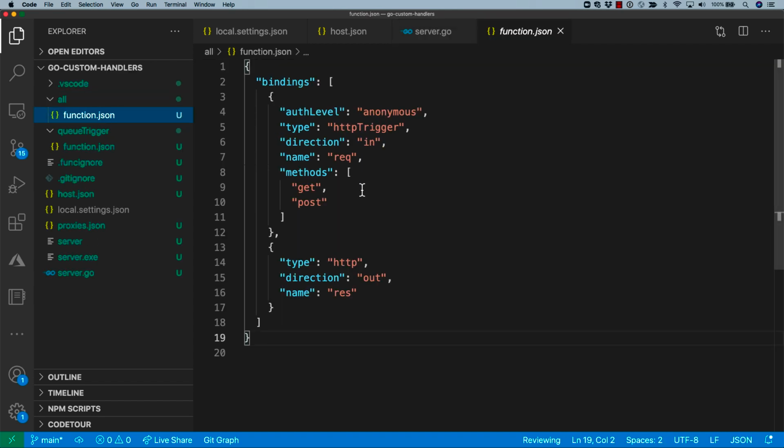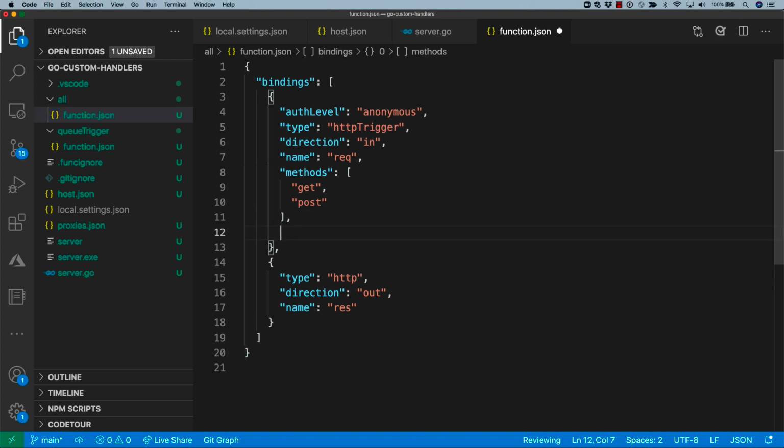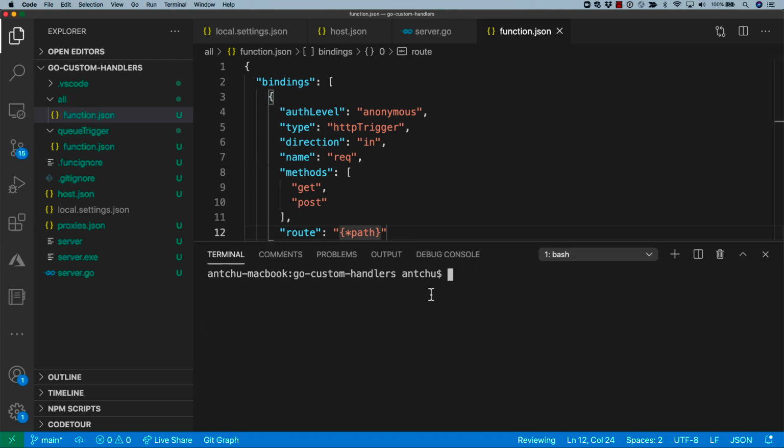And then inside the folder in function.json, we're going to add an extra property called route. And we're going to put in a special value in here with a couple of curly braces, a star, and then just any kind of a name. So I'm just calling it path. So now the route is going to match anything that in this case, by default, is going to be under /API. So I'm going to go and build the app again. I actually probably don't even have to do this. I didn't modify the app. And then I'm going to start